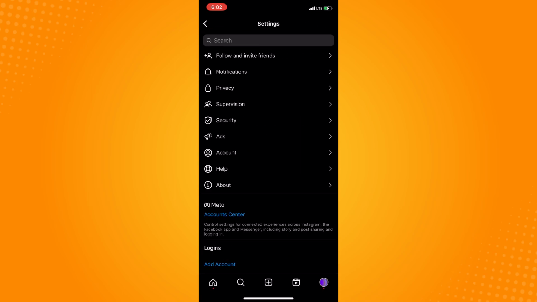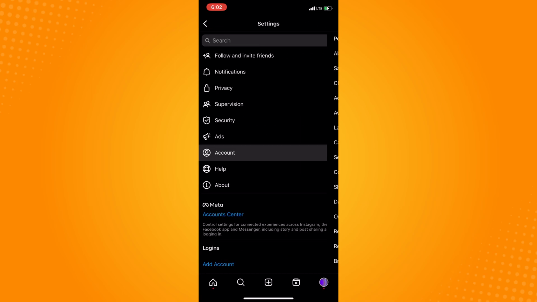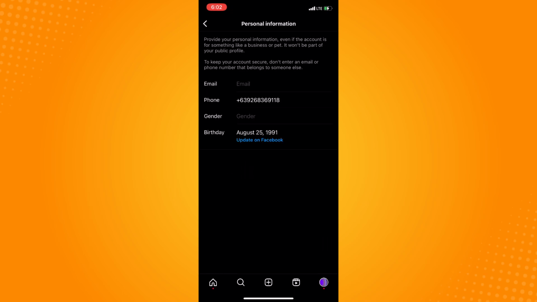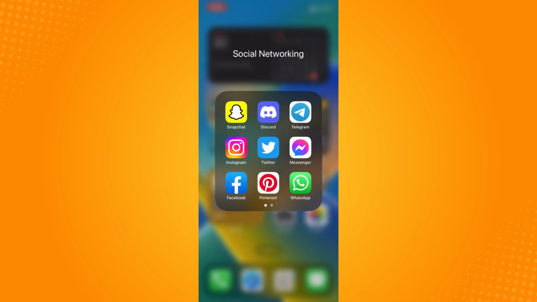Now here on settings, what I want you to do next is to tap on account and go to personal information. Now under personal information, you will see your birthday, and if your Instagram is not connected or synced with your Facebook, then you can automatically change your birthday there, and basically you can change your age on Instagram. Now since, as you can see here, I have linked my Instagram to my Facebook, then what you can